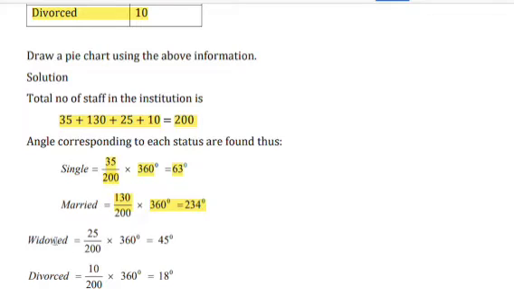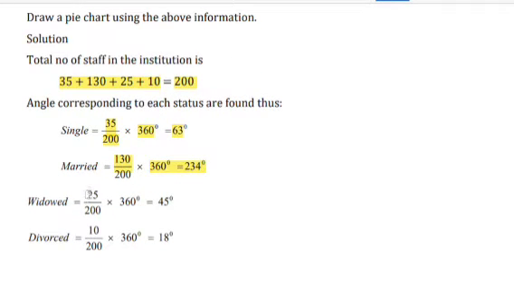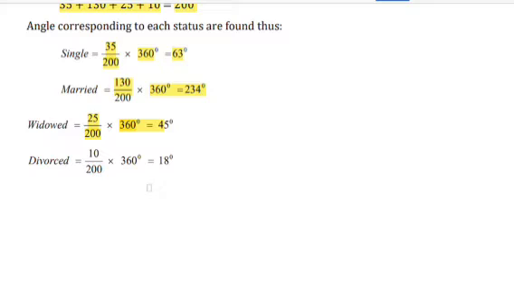So you're going to do all of that for the others. For those that are widowed, we have 25 people that are widowed, as you can see from the table here. So you do 25 divided by 200 times 360 again. That's going to give us 45 degrees. Then those that are divorced, you have 10 people from the table here. So you have 10 divided by 200. Remember, the 200 is the total sum of all the numbers, 35 plus 130 plus 25 plus 10. That is what gives us 200. You multiply that by 360 and that gives us